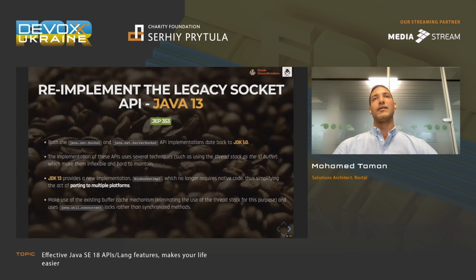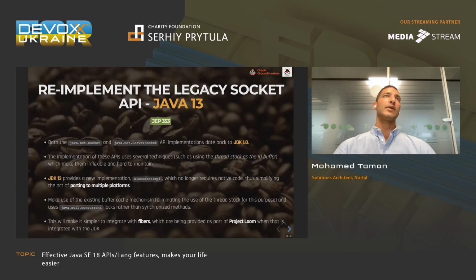Everything has been done, and the JDK and all the APIs are ready for Project Loom to be introduced in Java 19. So this is why it takes a long time to introduce virtual threads. We need to re-implement it; it's not just the introduction of a new threading module. No, it also needs to take care of all the APIs internally that make use of this new feature.